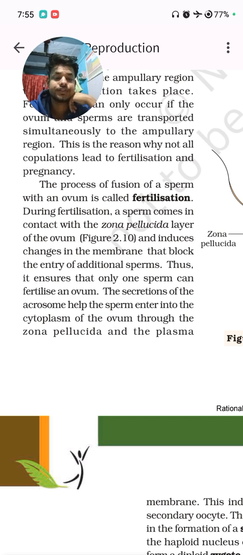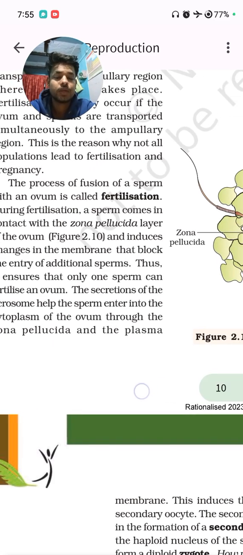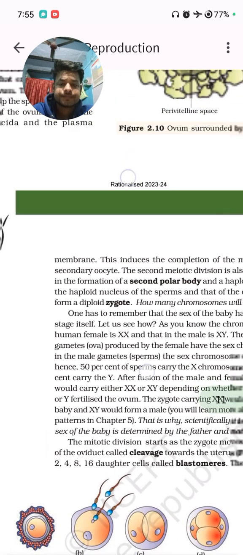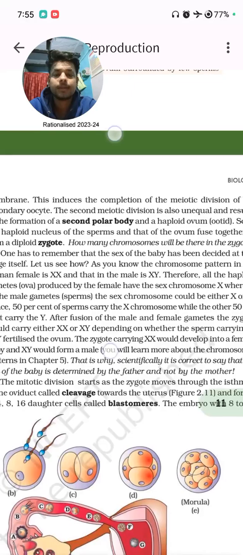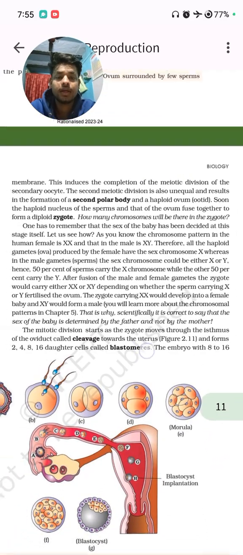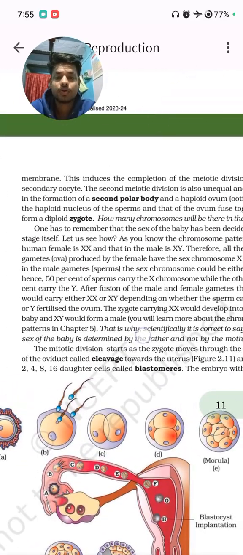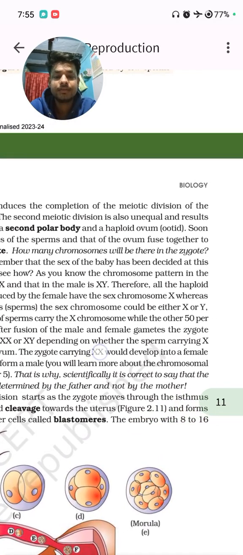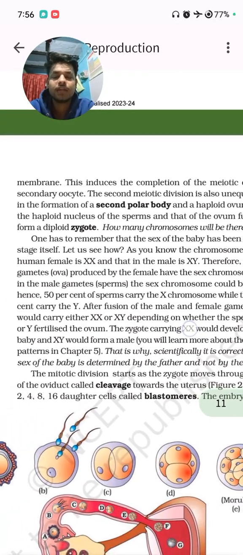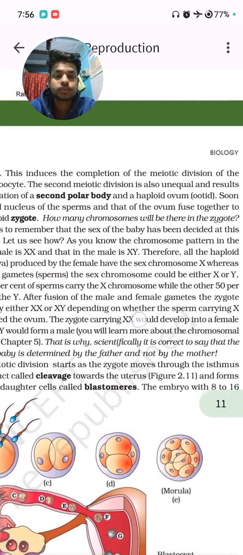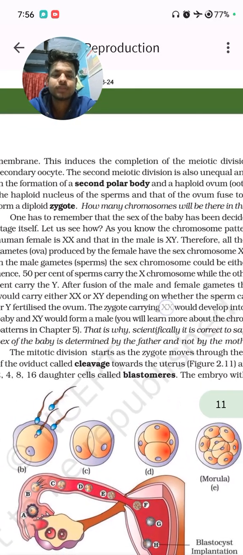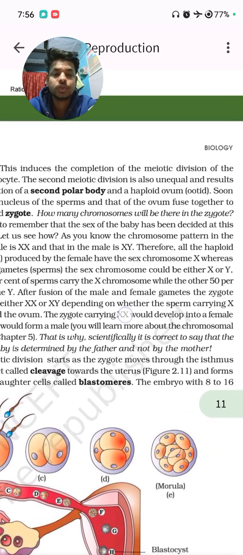The secretion of the acrosome helps the sperm enter into the cytoplasm of the ovum through the zona pellucida and plasma membrane. This induces the completion of the meiotic division of the secondary oocyte. The second meiotic division is also unequal and results in the formation of the second polar body and a haploid ovum. Soon, the haploid nucleus of the sperm and that of the ovum fuse together